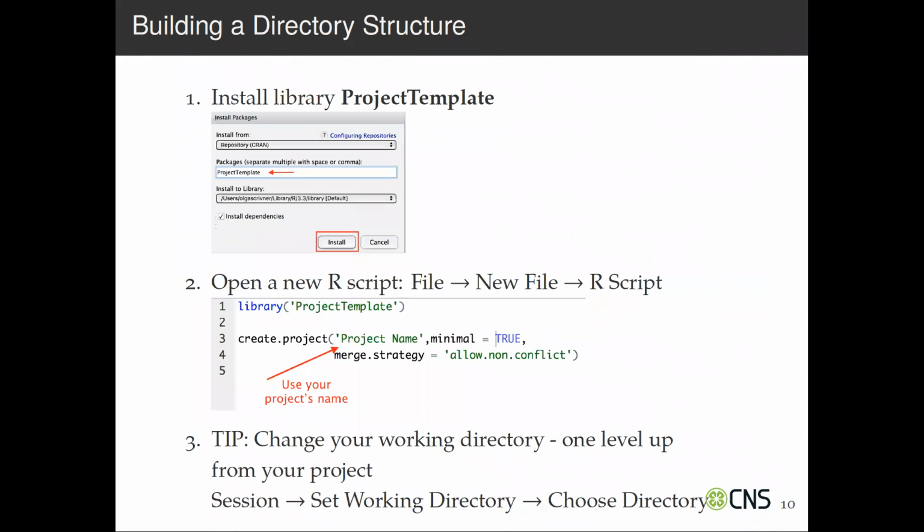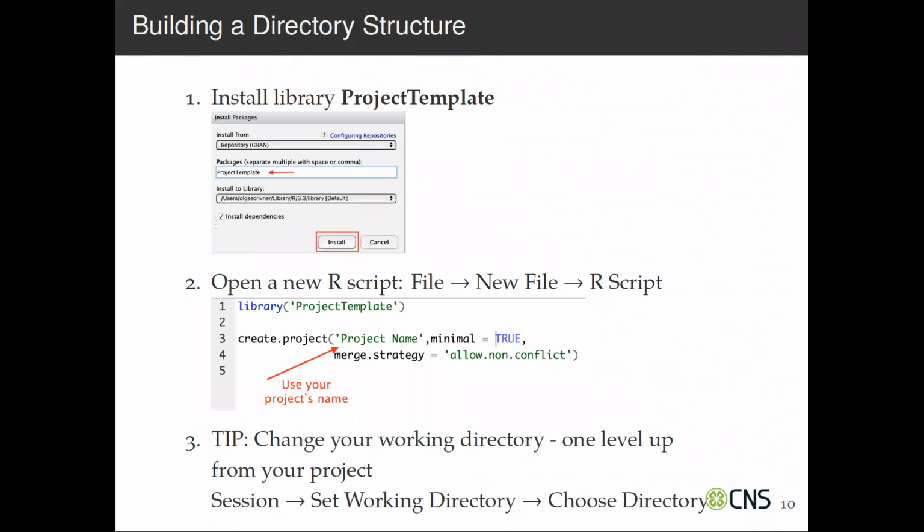Now, what I suggest for you to do to practice later on is to create a new script. And again, the script is going to be in your new project directory. So when you do that, you open a new file, and just select R script this time. And so let's build